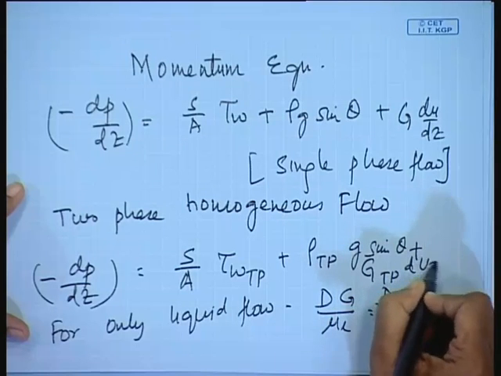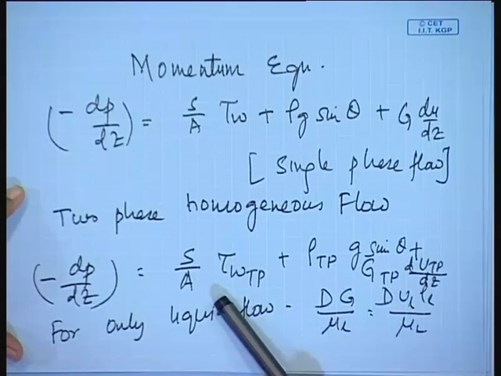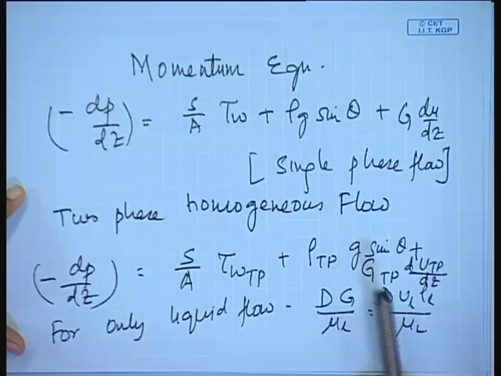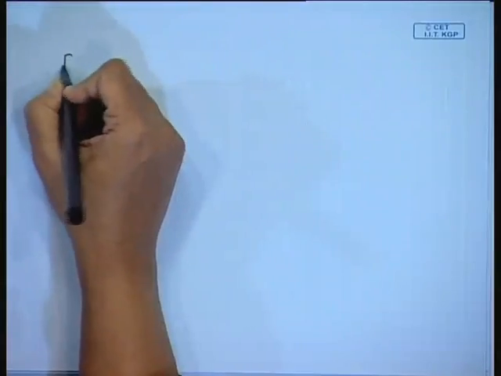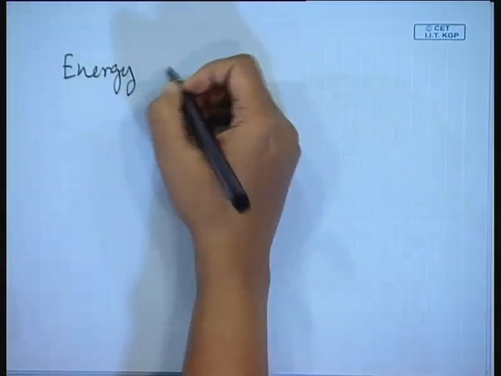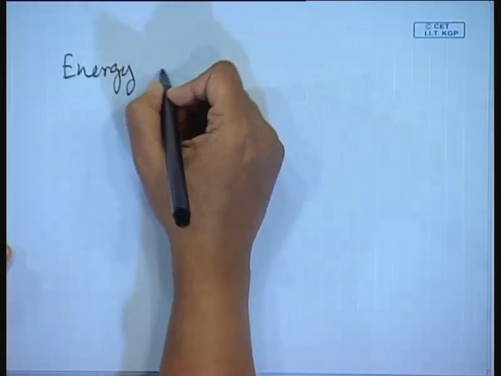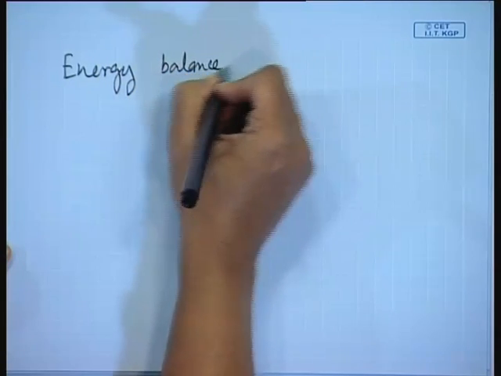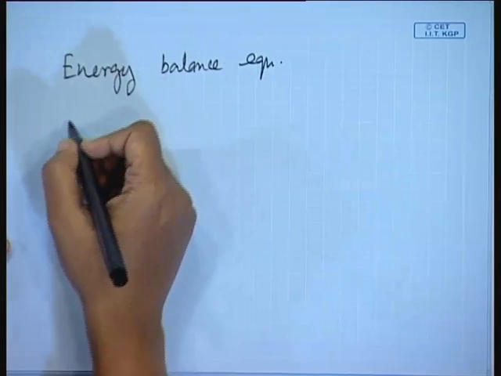G TP u TP dU TP dz. Agreed? Where this is the frictional pressure gradient, this is the gravitational pressure gradient, this is the acceleration pressure gradient. Okay. Similarly, we will just do the three equations and then we will expand the momentum equation to find out how to determine the pressure drop or the pressure gradient from known input parameters. So, energy balance equation, if we take up, same thing that we had done in that particular case,